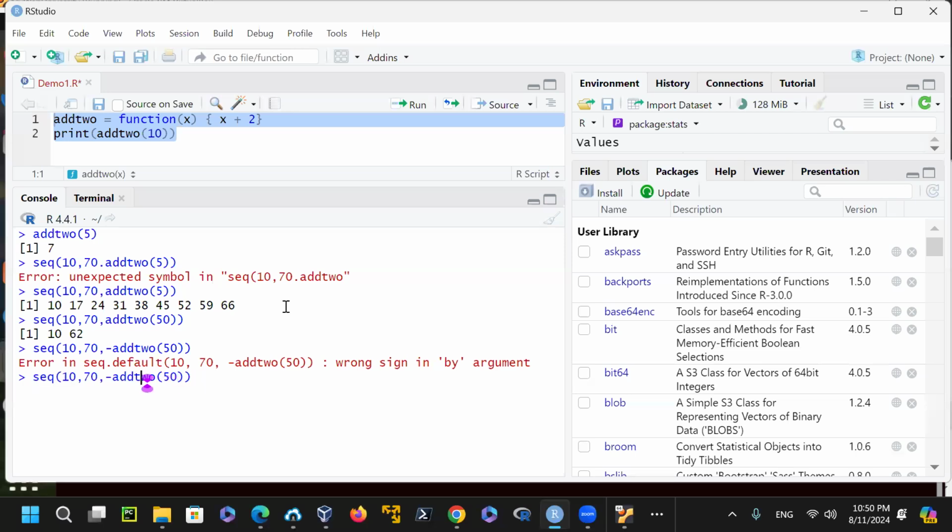And so if you just say minus, and then say 70 here as argument, and then here all the way to 0, and then minus 5, then it will make sense. So why did it not work? Because that minus is part of the add, and sequence is not going to take an argument of negative. So in order to do something like that, you just have to make sure that the number is properly there. So let me just say, I'm going to